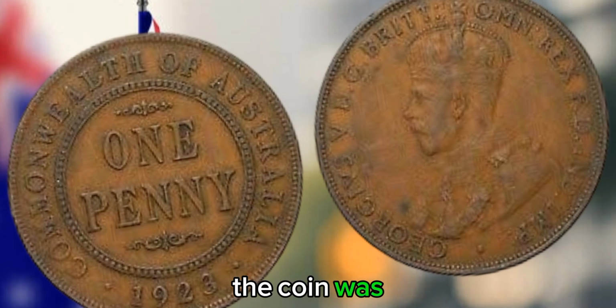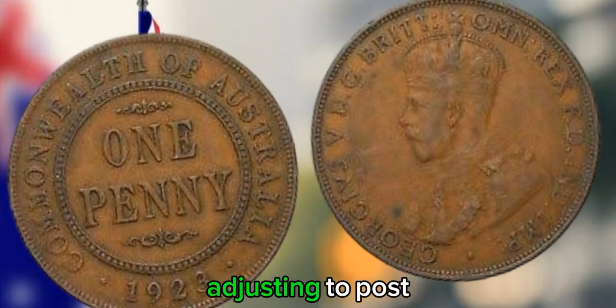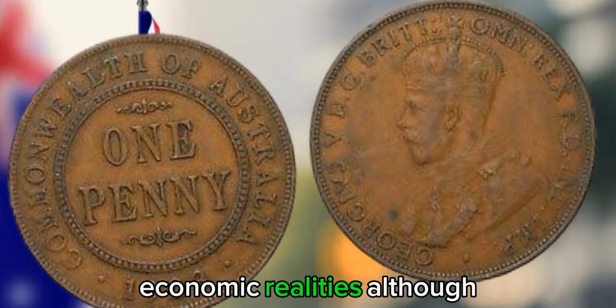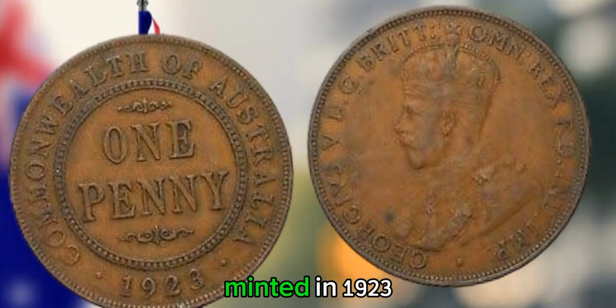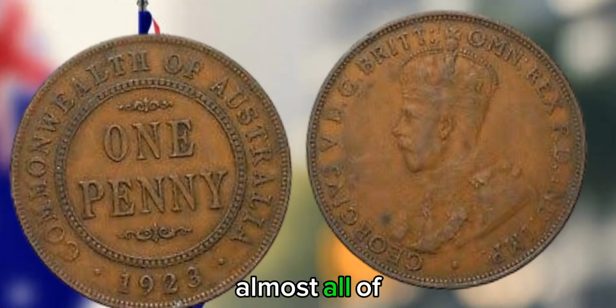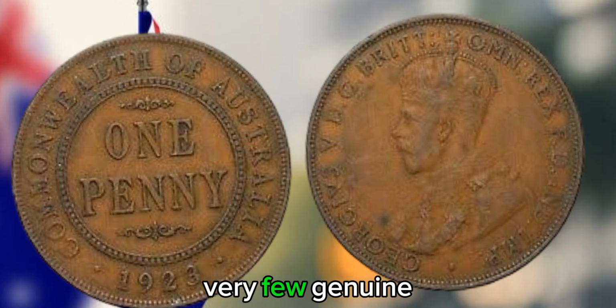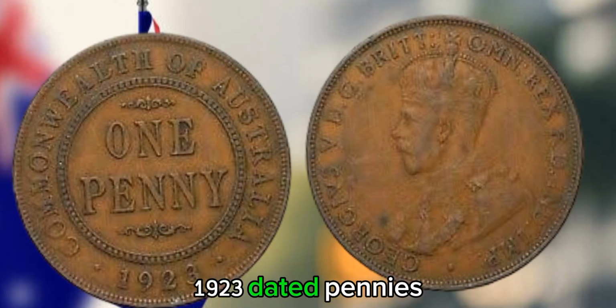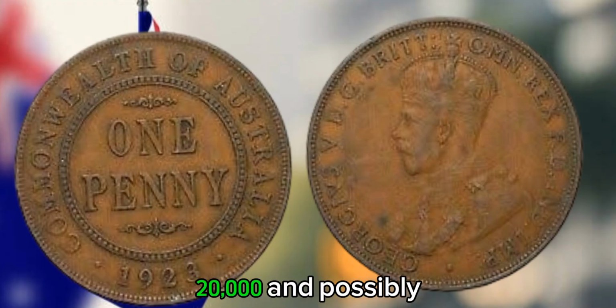rarity. The coin was struck during the reign of King George V, at a time when Australia was adjusting to post-World War I economic realities. Although officially over 1.1 million pennies were reported as minted in 1923, records and research later confirmed that almost all of these were made using old 1922 dies. This means that very few genuine 1923 dated pennies were ever struck, likely no more than 15,000 to 20,000, and